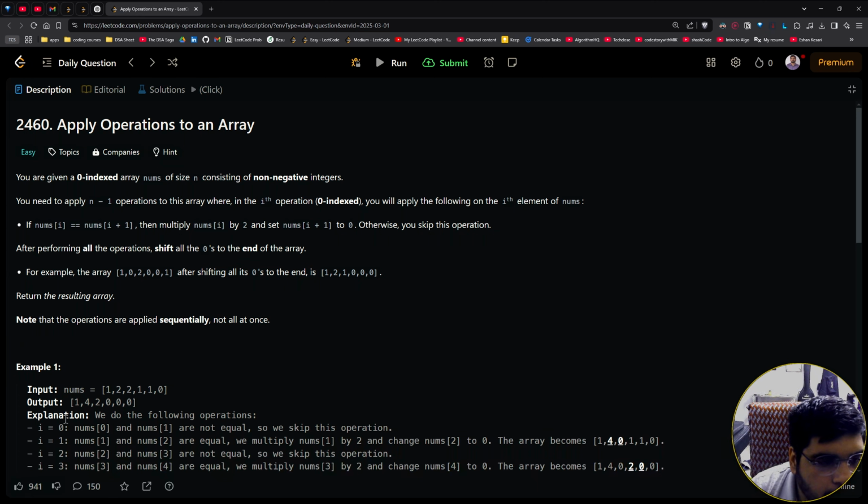Okay, let's take a look at the daily Leetcode question. It's an easy one called Apply Operations to an Array. We are given a zero-indexed array nums of size n. We have to apply n minus 1 operations in the array, where in the ith operation we will apply it on